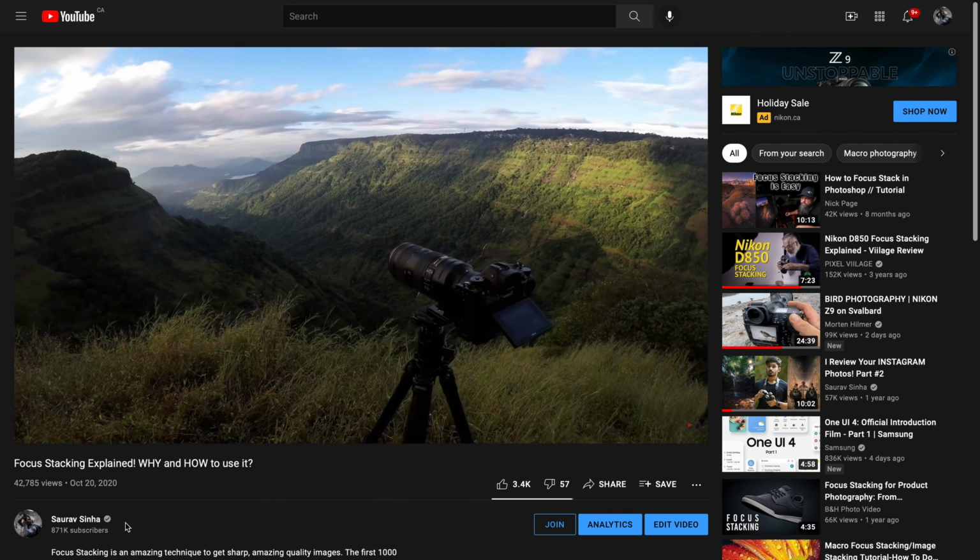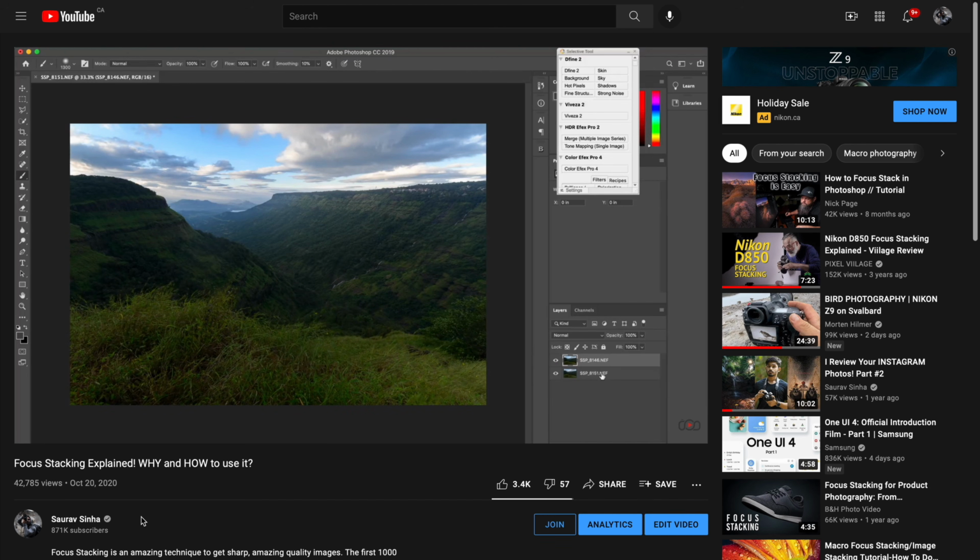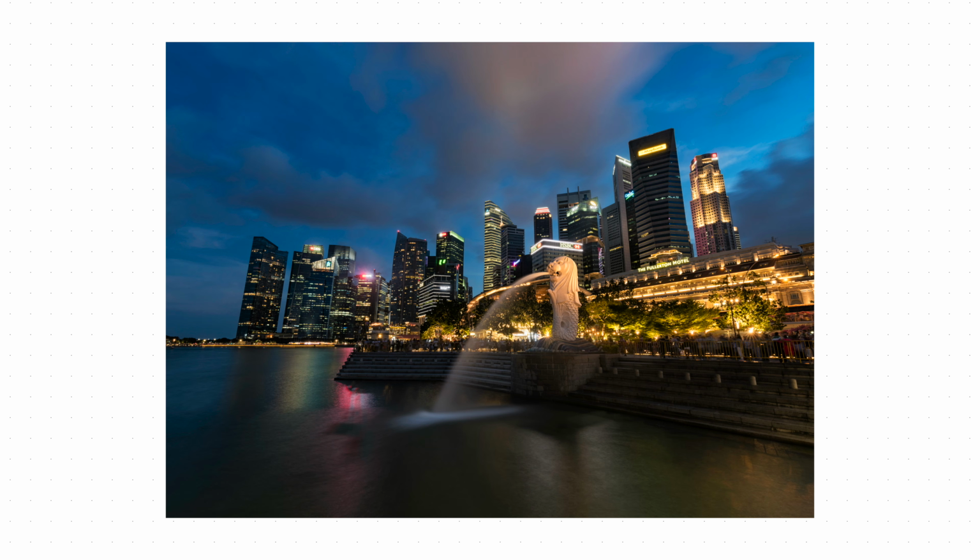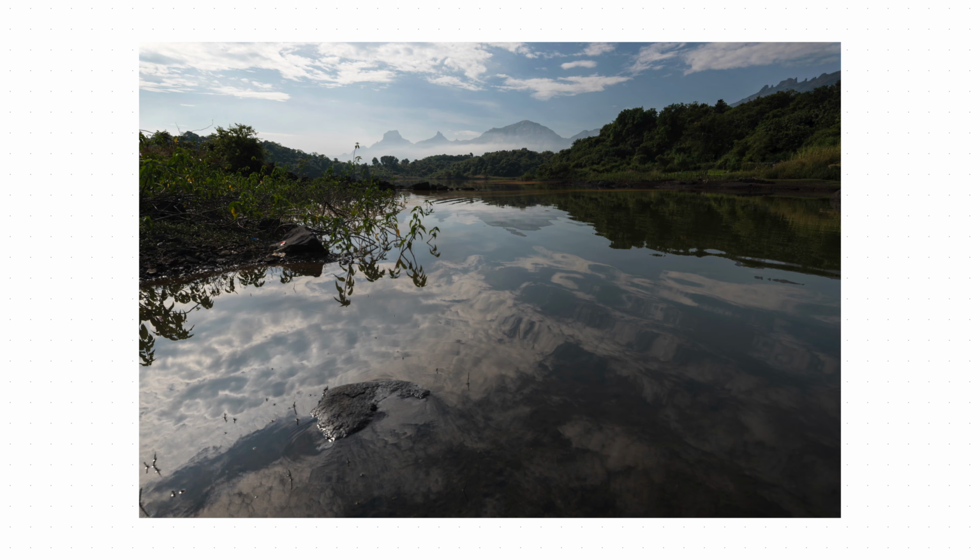The last tip for today is to understand that hyperfocal distance is not a perfect method. There's a limitation to how much depth of field you can get with a particular lens and aperture combination. And that is why I would suggest using focus stacking if possible. It includes post-processing and it's a very good method to get sharp images. I have a separate in-depth video about it. The link will be in the description.